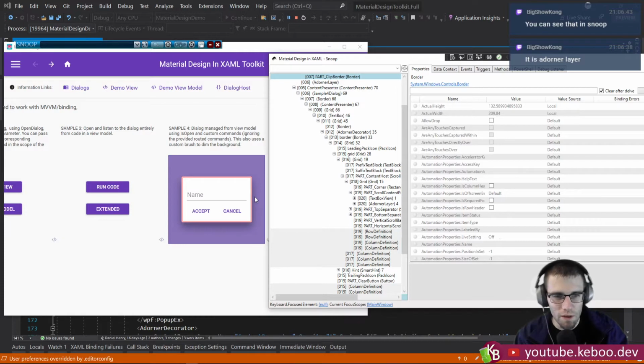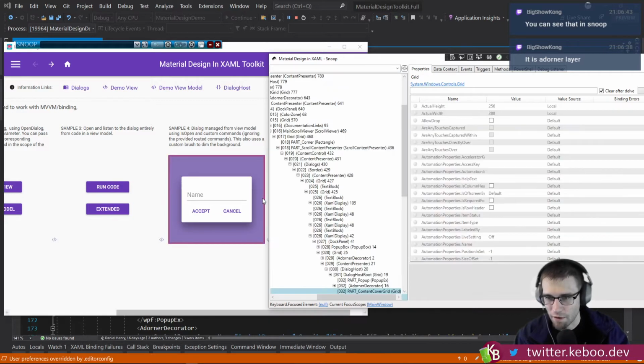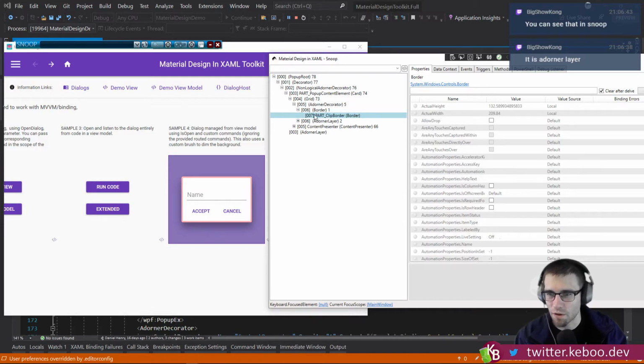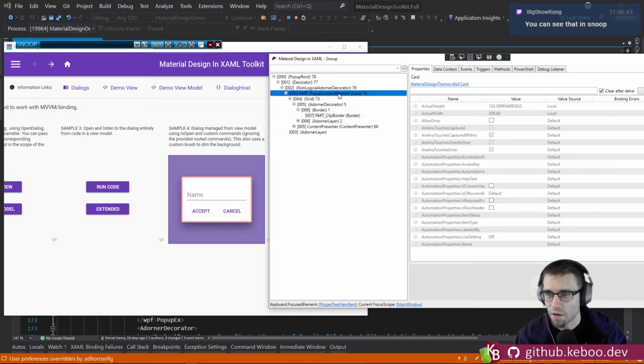But in the adorner layer, if you go Control Shift with Snoop, won't it target that element? Because I don't know if you can hear it, I am rapidly pressing Control and Shift and I'm getting nothing. Not until I get out to here, and not until I get all the way inside, which you'll note now I'm inside of this, the card here. So working theory is that it's,